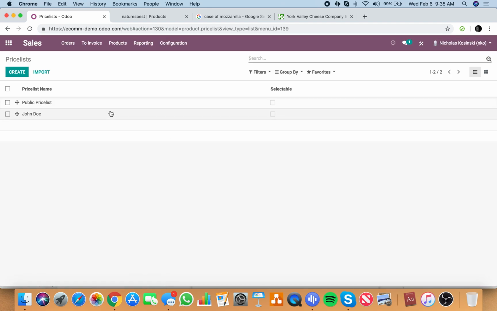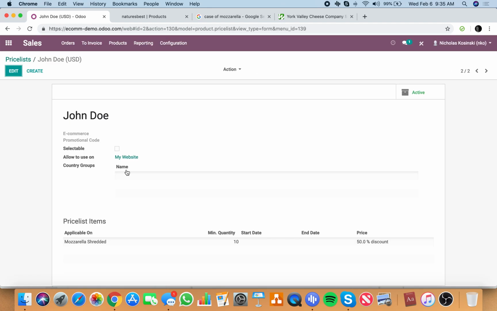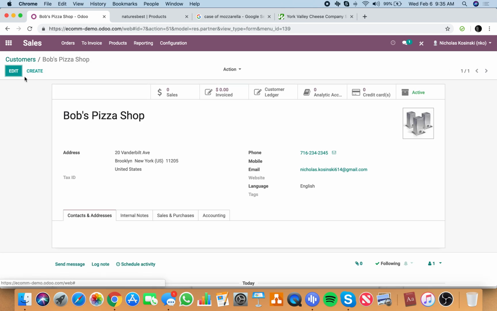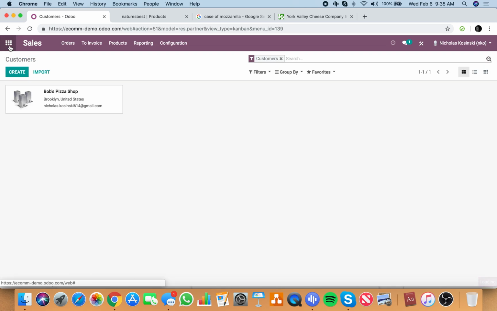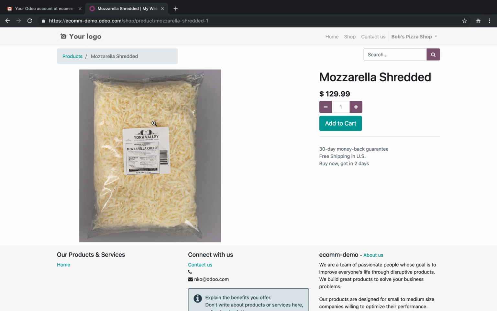I have the price list set up. So Bob has this John Doe price list of mozzarella for 50% discount when he buys more than 10 cases. And let me just make sure it's assigned to John Doe or Bob's Pizza Shop. And I can assign this one. I may have to just refresh in real time. So now it's $129 a case, but if he buys 10, he gets them for $65 per case. So if he buys 10 and I add this to cart,